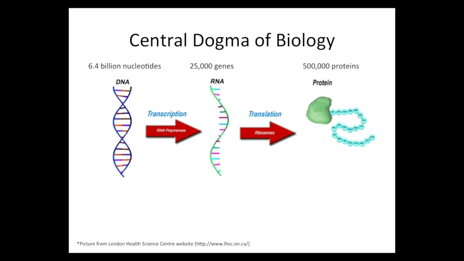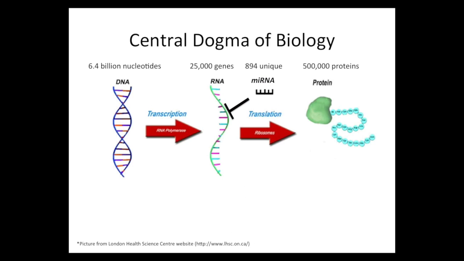There's a central dogma of biology, and this has held for many years. It has changed, but again, we're talking about 6.4 billion nucleotides. We can measure all this, which transcribes RNA, the genes. There are about 25,000 genes in the DNA, which transcribes messenger RNA, which we can also measure. This messenger RNA gets translated into proteins, and there are maybe 500,000 human proteins in its purest form, right? Just this information alone, with just that 1% of the genome, is huge, right? But that's not it.